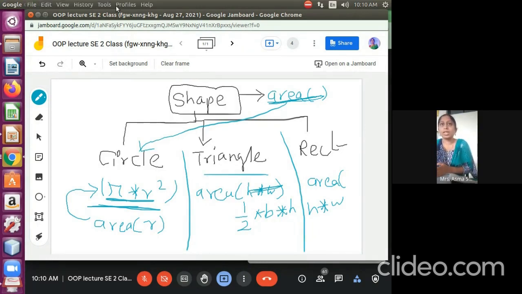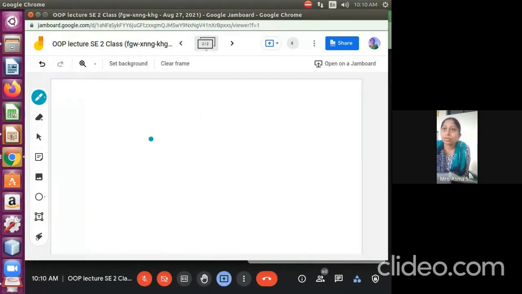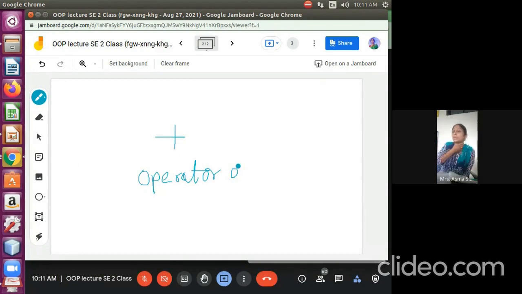So this example is better to understand the concept of overloading. When I use a function to overload, it is called function overloading. And when I use a plus operator, which we have seen in the example, it is called operator overloading. We are going to see how to create our own operators, how to overload operators, all these things, in the coming lectures. One name we can overload with different parameters.